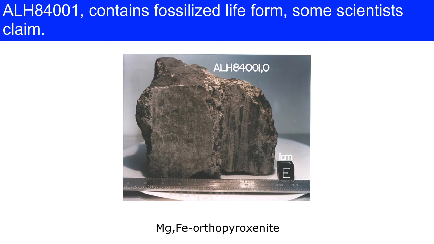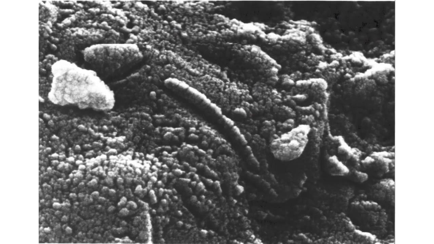And then somebody took a closer look at it, and they saw this. And they said, whoa, is that a life form, a fossilized life form on Mars? You know, it's one of those untold stories. We don't know the answer to that yet. Some people say, make a note of it. Fossilized life form in Allen Hills 84001 is a controversy.